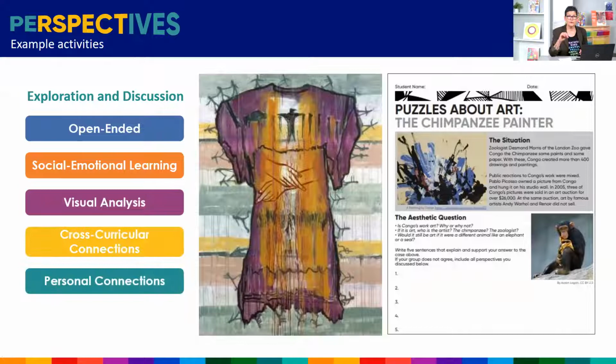This kind of shares another way of discussing and exploring the art. In the first picture, it is Jean Quictessy's piece of artwork. And so you get to start off by asking sort of open-ended questions. You can add the social emotional learning in there by asking, how does the art make you feel? And maybe you've shared the artist, maybe you've shared what the piece of art is all about, and then you can discuss further there.